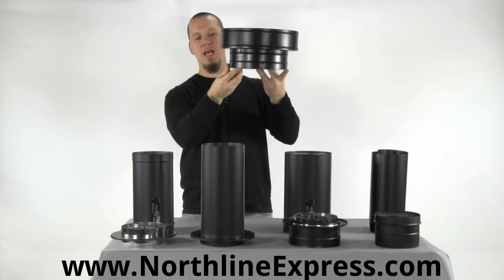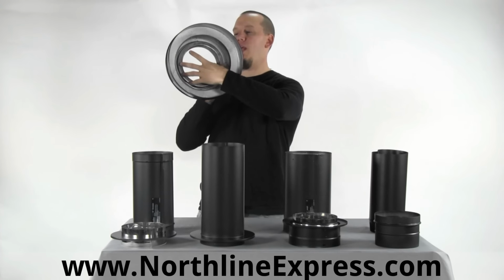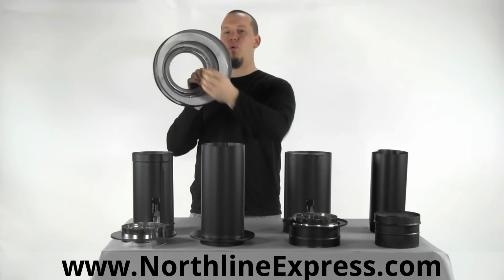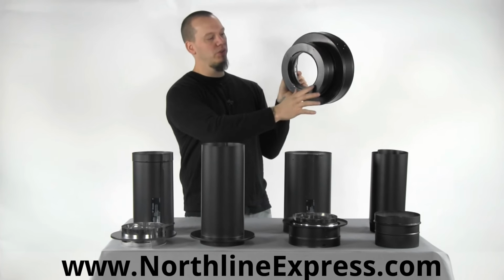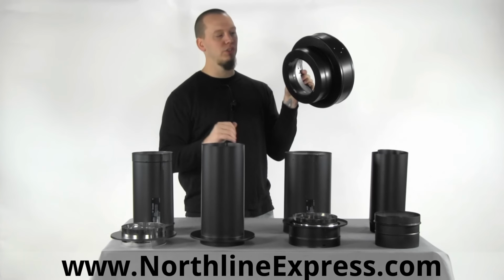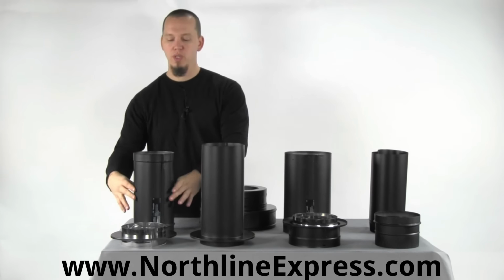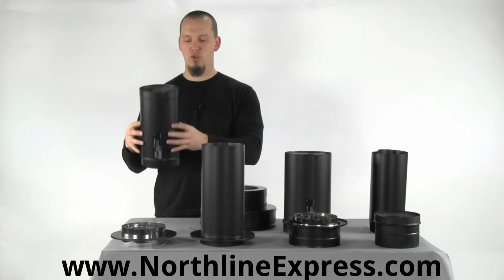This is DuraTech's round ceiling support box, and it allows for a secure connection to DuraTech with this inner portion, and then it's got this outer portion here which allows you to connect your adapter and then connect your single wall pipe. So in the first one, I'm going to show you if you're using the DuraBlack single wall stovepipe,